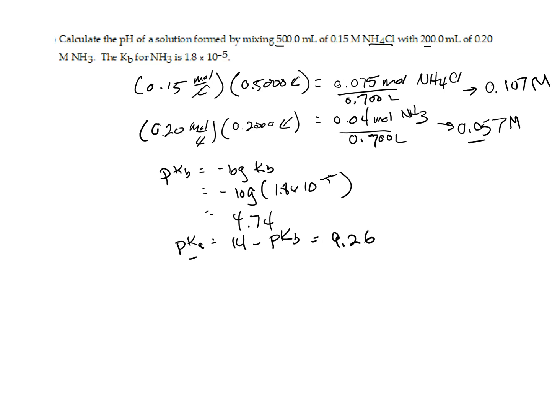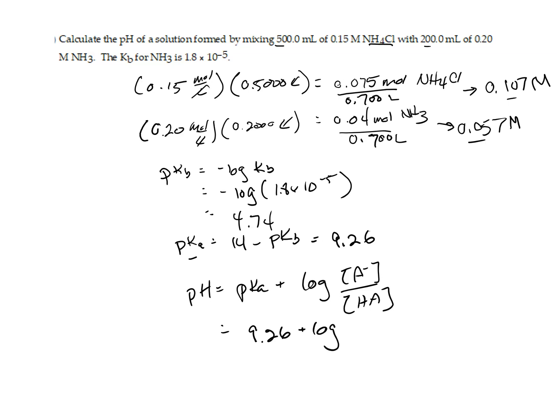We've got a pKa, we've got concentrations of everything that's relevant. So pH equals pKa plus log concentration of our conjugate base over the concentration of our weak acid. pKa is 9.26 plus log concentration of our conjugate base, in this particular case, is ammonia, because the weak acid is ammonium ion, so that's going to be 0.057 moles per liter. And the concentration of our weak acid is 0.107. I'll give you little dashes for the sevens, and that means